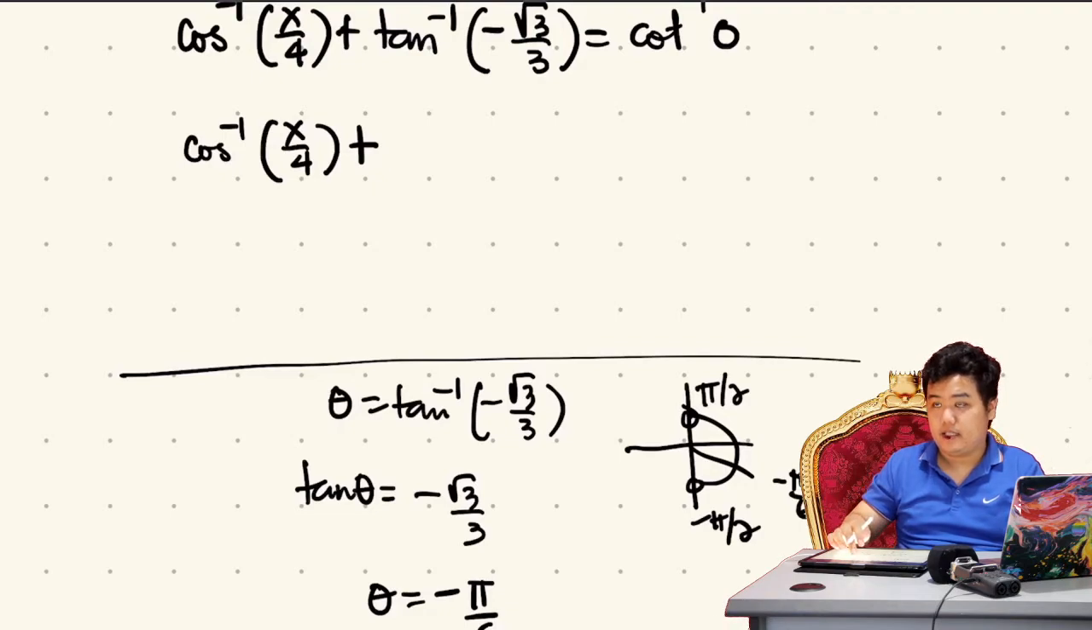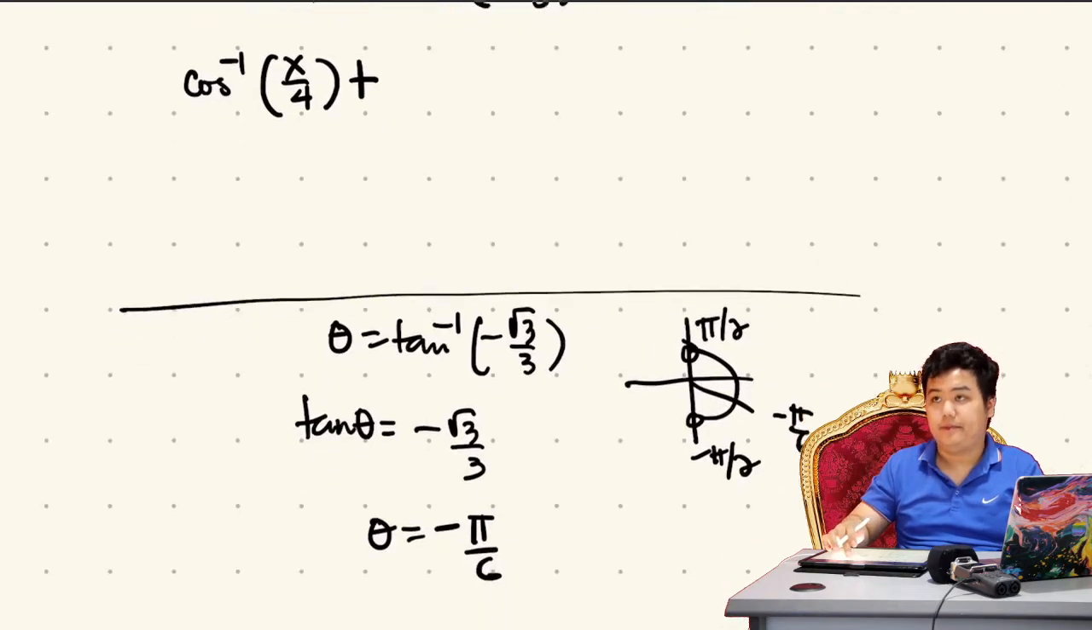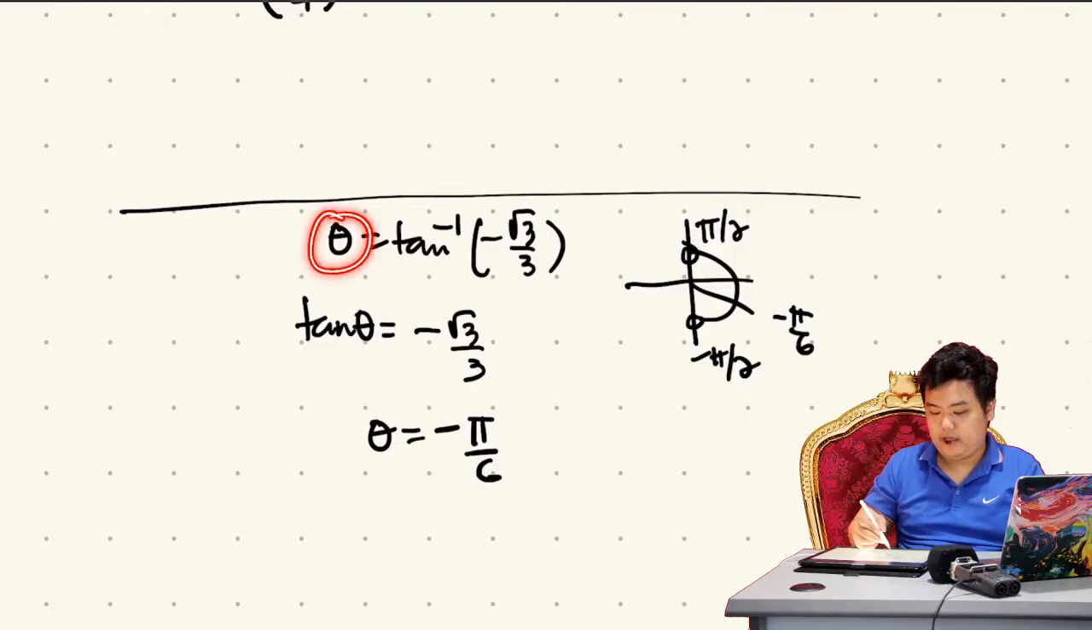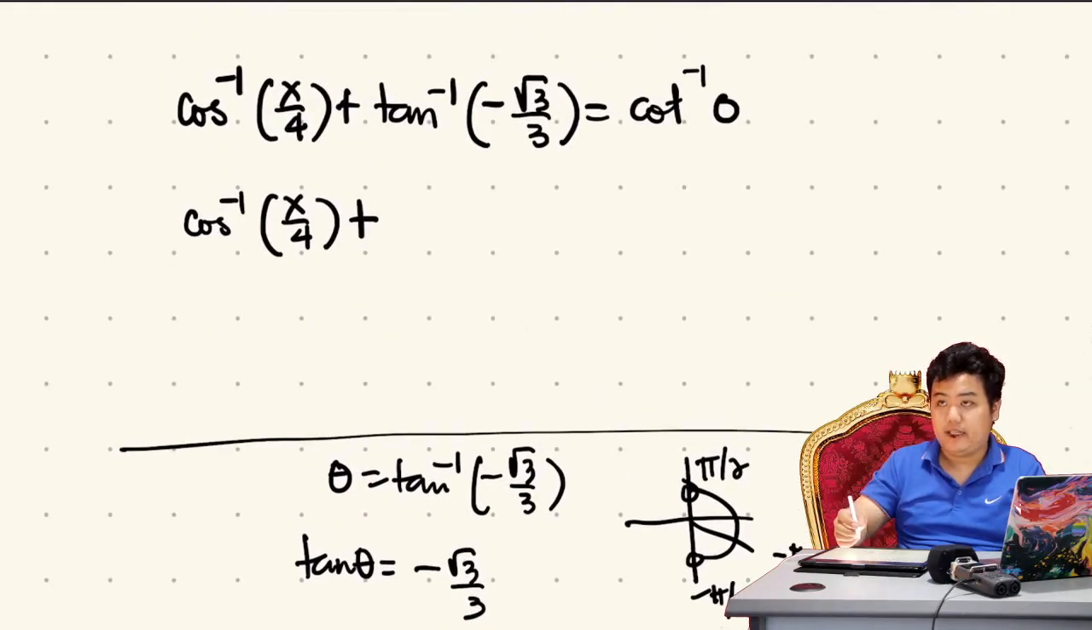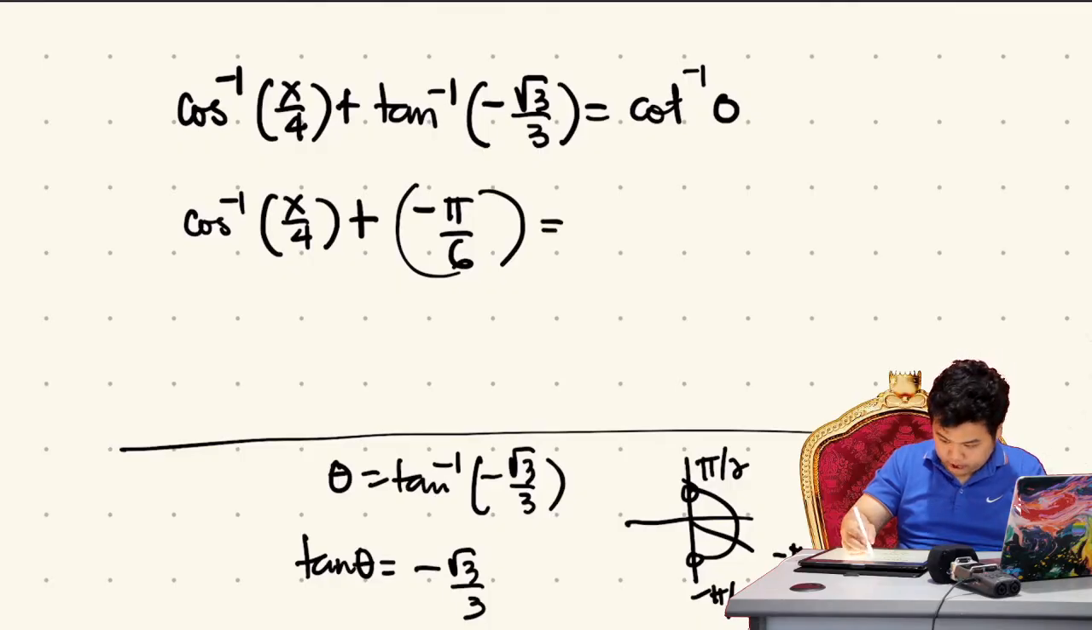So, theta is negative pi over 6. So, that is tangent inverse negative square root of 3 over 3. Equal to,